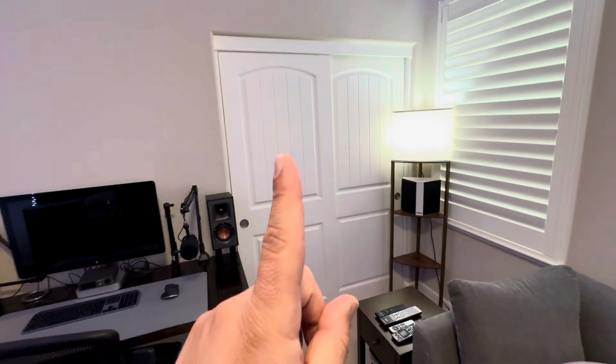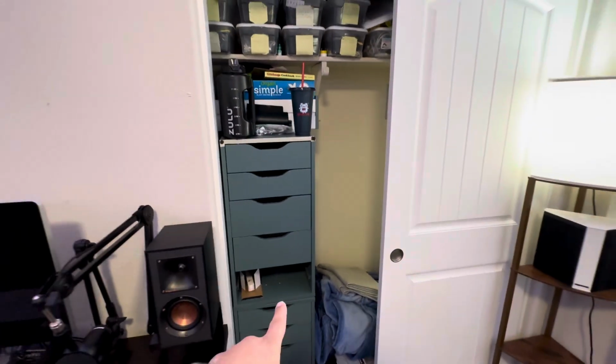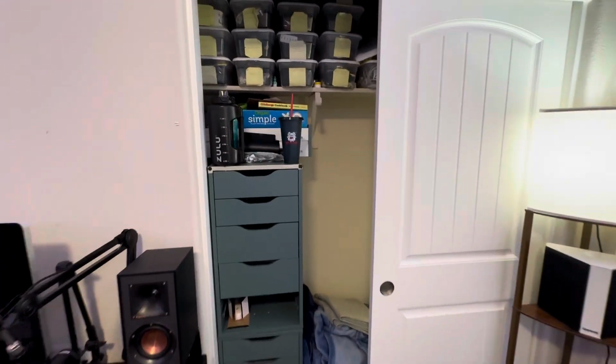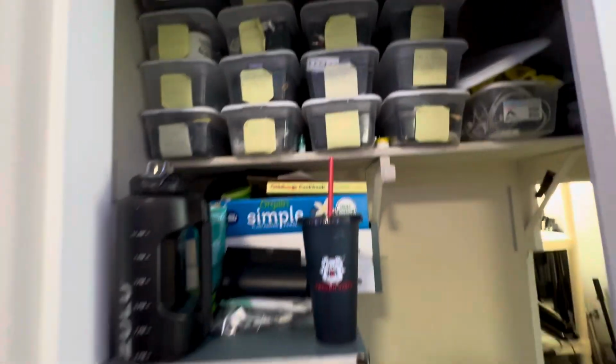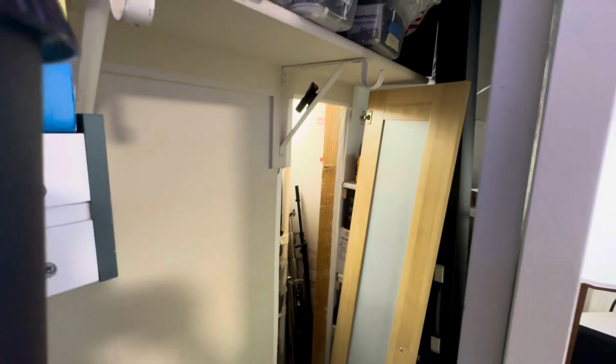But this closet here, it is all torn apart right now because, like I said, I'm working on stuff. I have that drawer in there. I just have some tech storage in here. Kind of took everything out. It was more organized, and I'm working on that. But if you look back there,